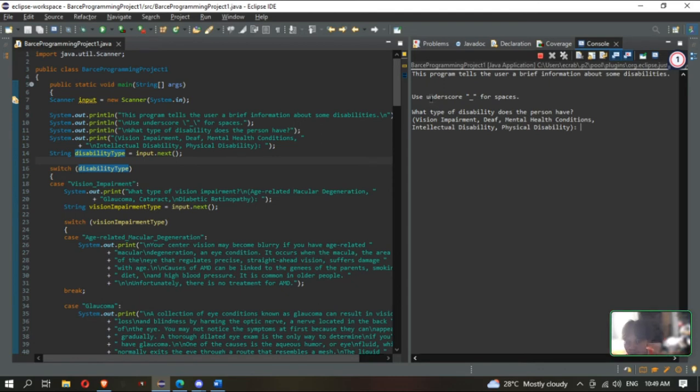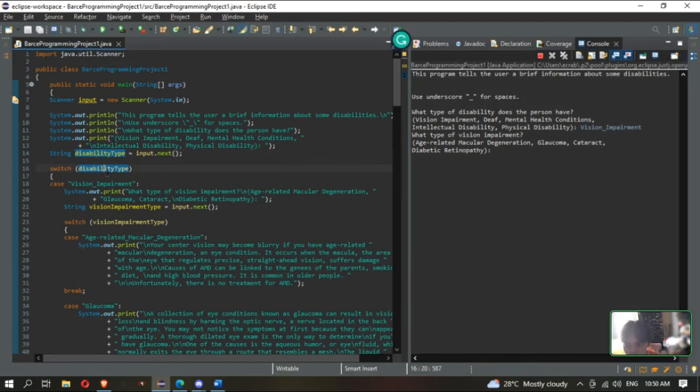And the program asks the user what type of disability does the person have, or what type of disability does the person want to know. So if we input, for example, vision impairment, use underscore for space and press enter, it will then be stored in the disability type variable,